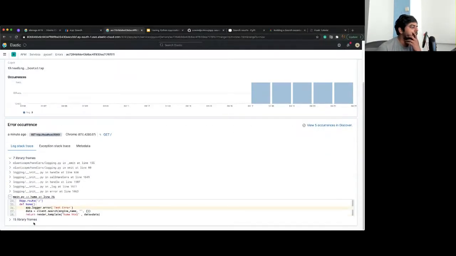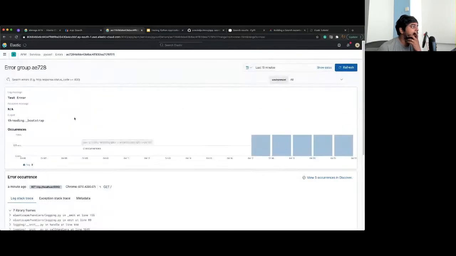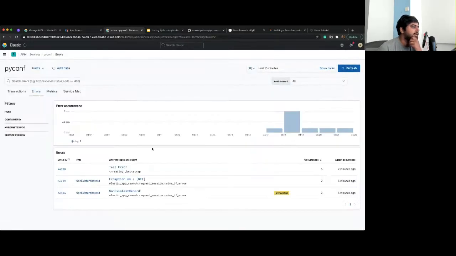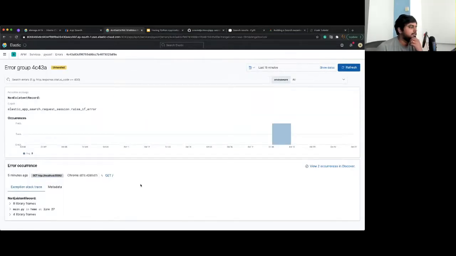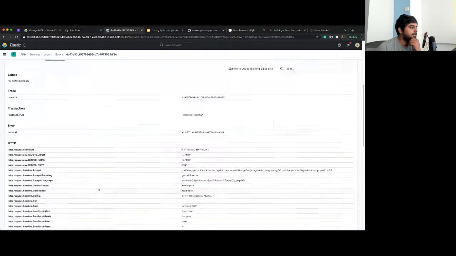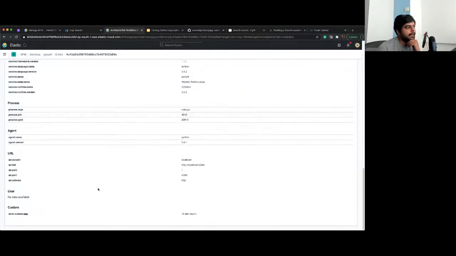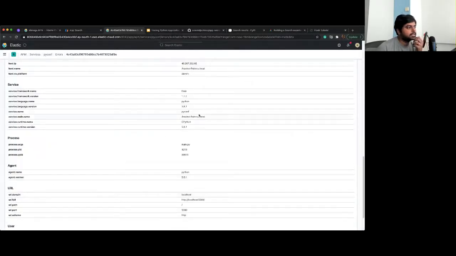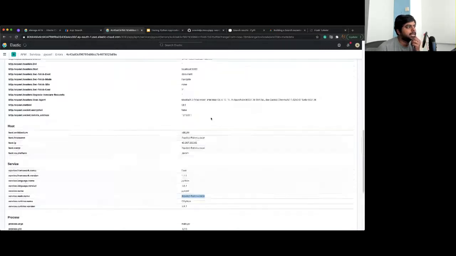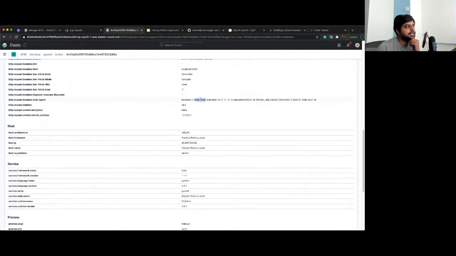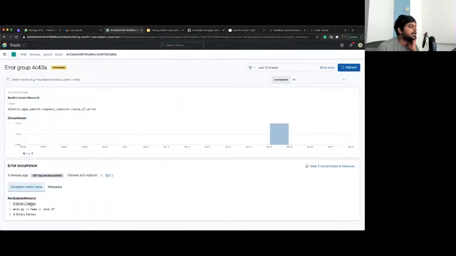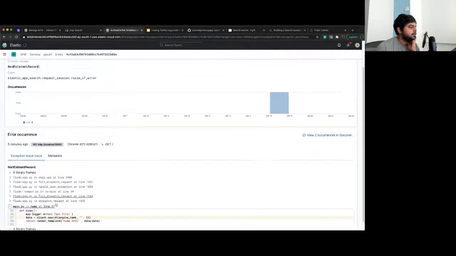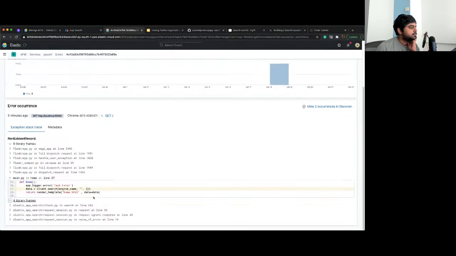You will see the error, and you will also see any unhandled errors that happen. In the initial time when we started, we didn't have the right configuration in place, and it still captured all the metadata. It still found out which host this was initiated at, what agent is initiating this request, and all those other details. If you see here, yeah, so it is happening.